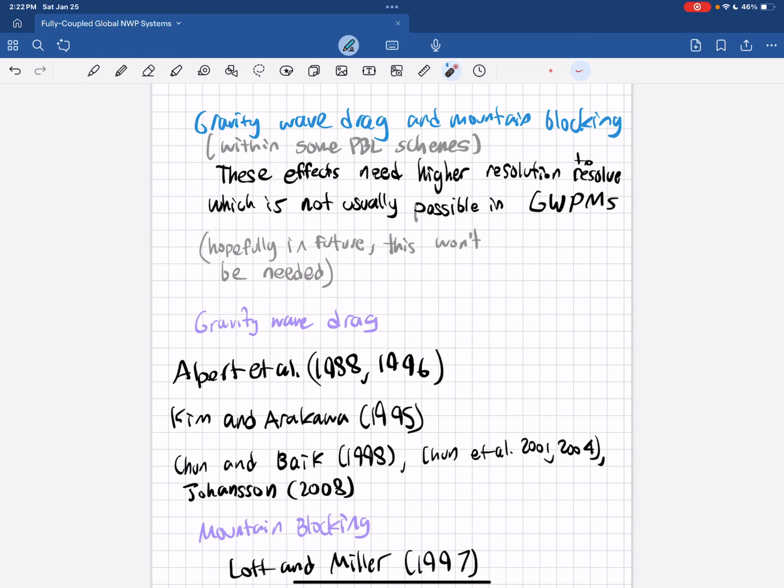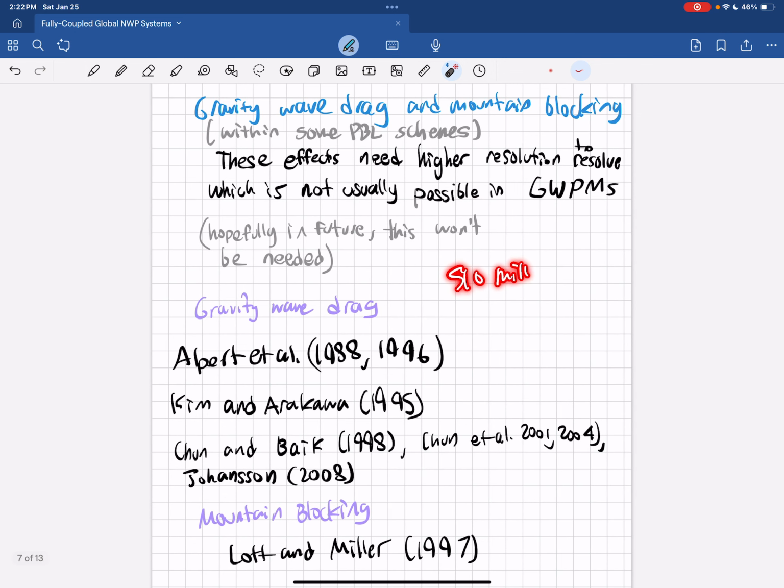So I can just look up, for example, what is the surface area of the Earth? Currently, if you were looking at the surface area, which I think is actually at the top of the atmosphere, so this might be a little bit inaccurate for the surface, it's about 510 million square kilometers. So if we wanted a resolution of 1 kilometer,